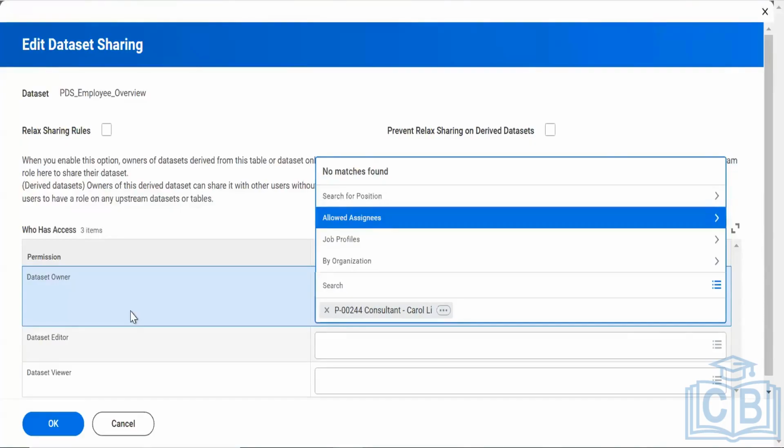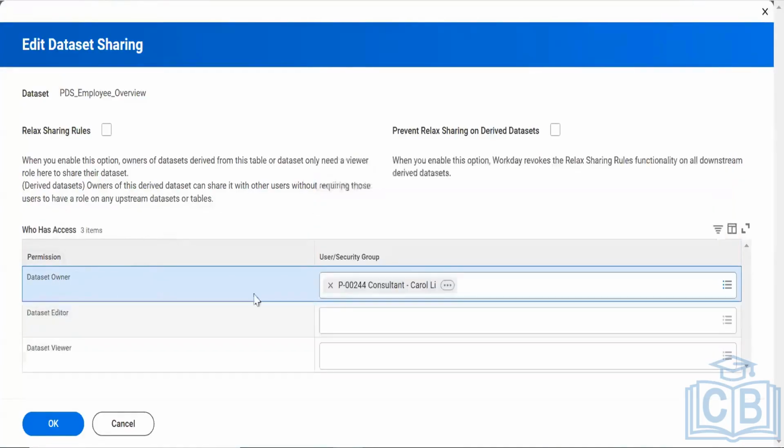Let's say there's a director. A director can sign the memos, but a manager cannot, because the position of the director has that responsibility. Whoever comes to that position will be the owner of the dataset. Makes sense, because if the manager leaves or is terminated and somebody else is hired into the position, he will be the owner.